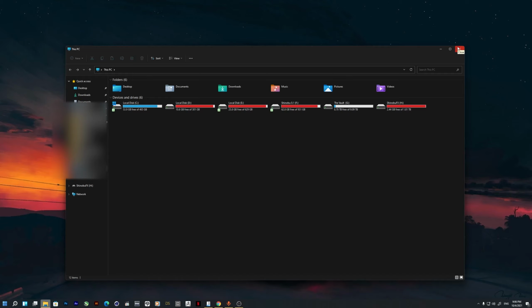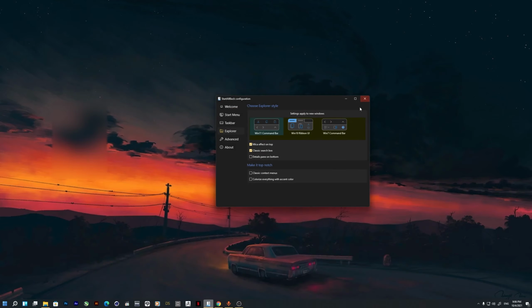Now, another top-notch feature I like about this utility is the right-click context menu. I really don't like the show more options in order to get to the old one. I think the old one is fine. If it ain't broken, just don't fix it. You can restore this by clicking on classic context menu. If you click on it and right-click, it's gonna give you the full menu the moment you press right-click,